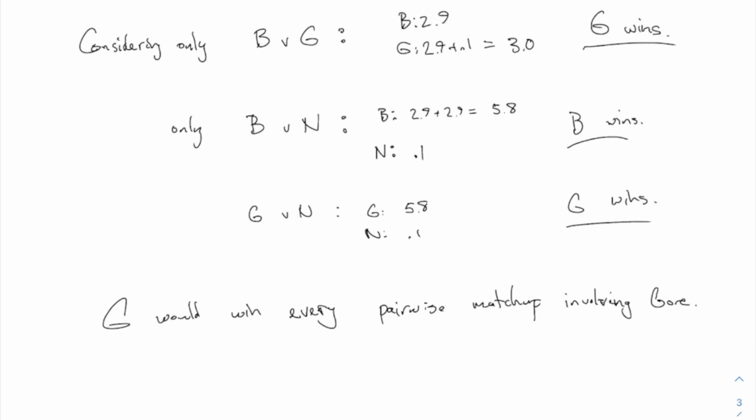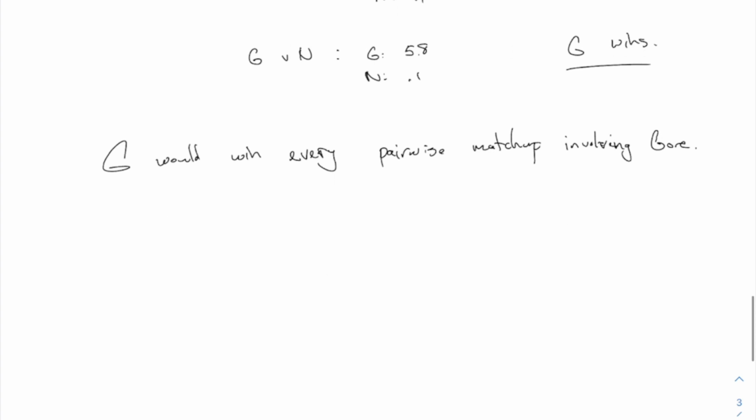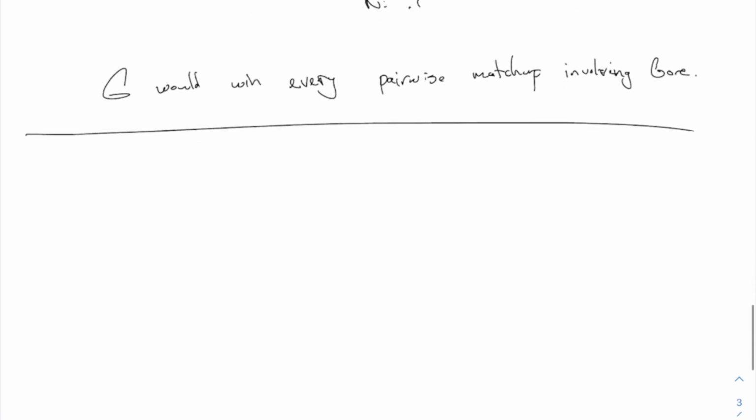And this idea leads to another way of deciding elections. So rather than doing the plurality or the ranked choice, we could instead look at the pairwise matchups and find the person who wins all of their pairwise comparisons. This is our third voting method that we're going to talk about. So there's a name for this method. This is also named after this guy that I mentioned once last time. So this is a candidate